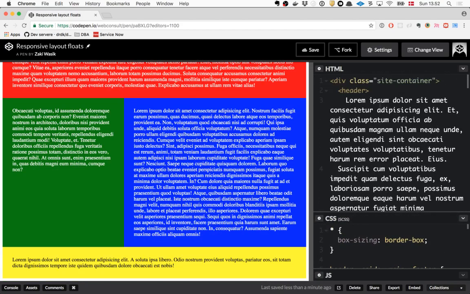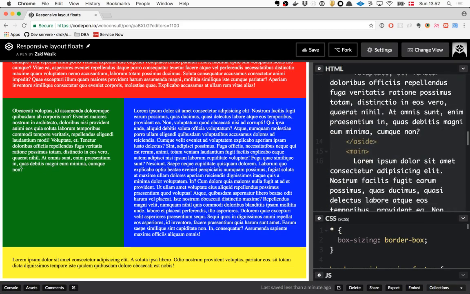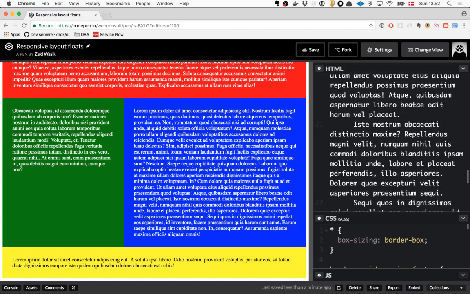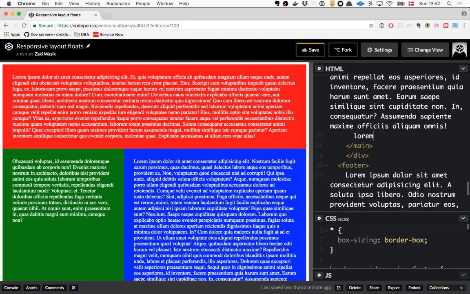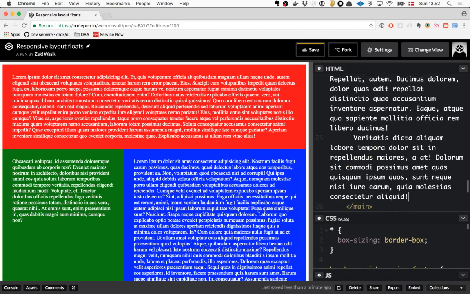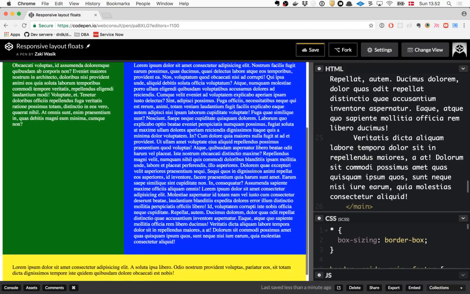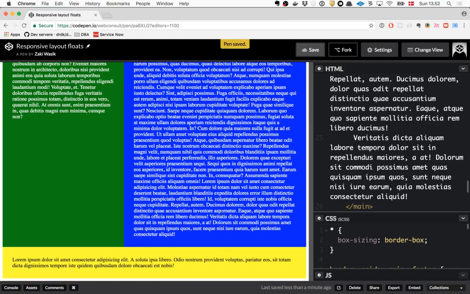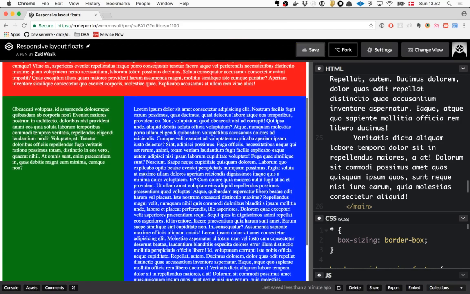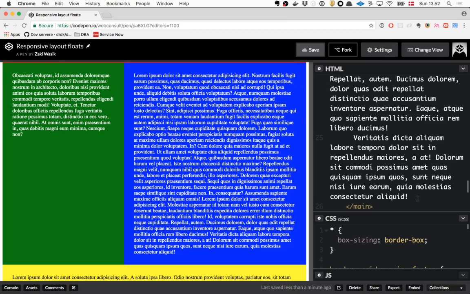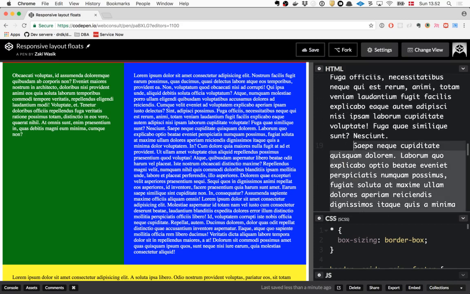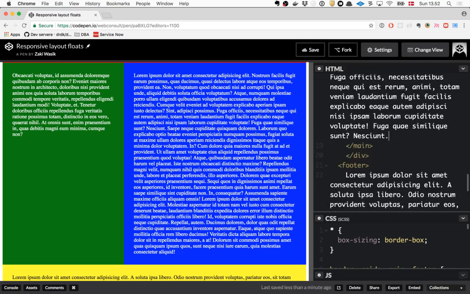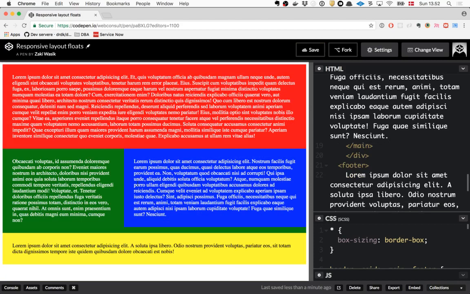But I know there is one problem with this. Here it is. A cool thing here on CodePen is you can just type lorem times 3, for instance, and then you get 3 paragraphs of lorem ipsum. So now I made the blue one longer. That's cool. It still works. It's green and all that. But what if I make it shorter? What happens then? Yeah, so now we have a problem.